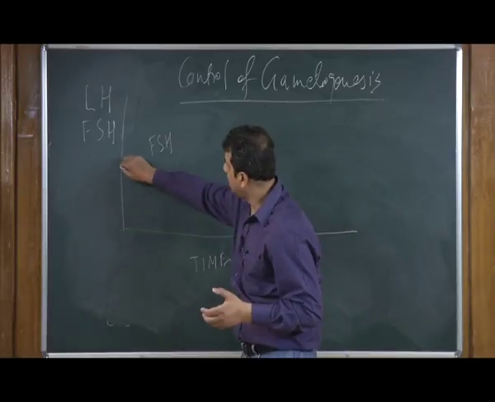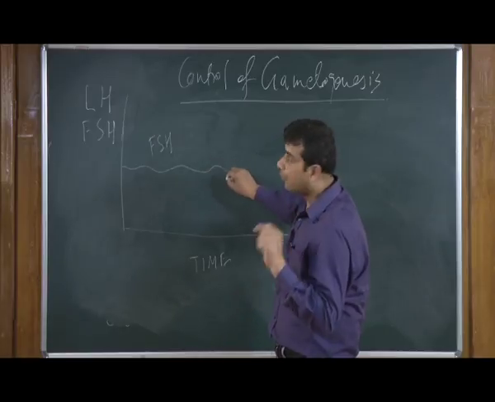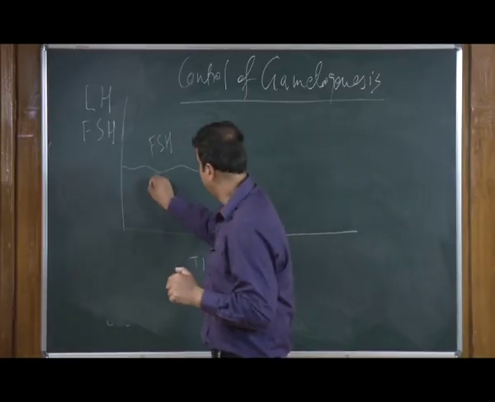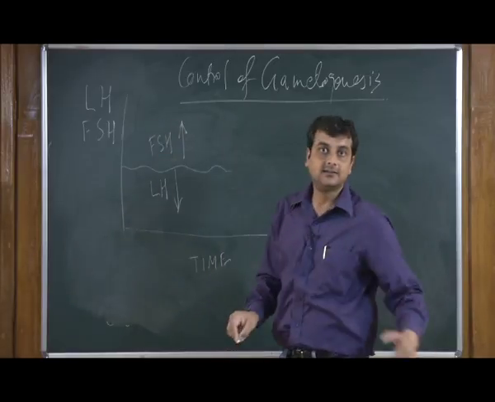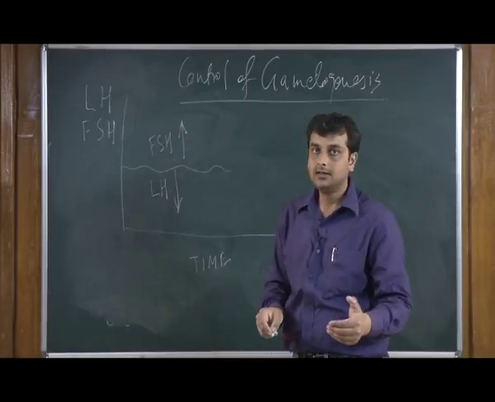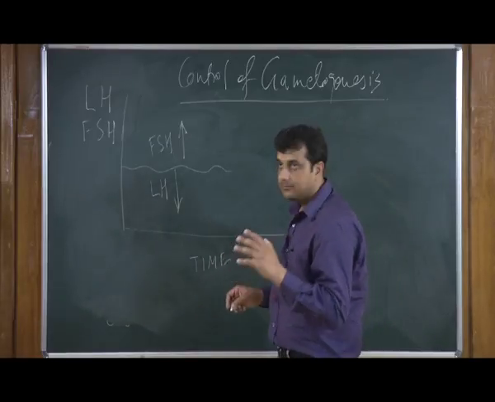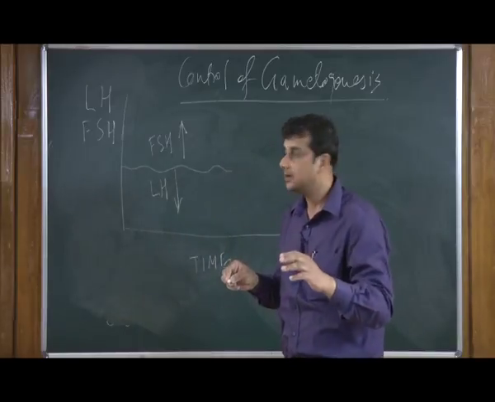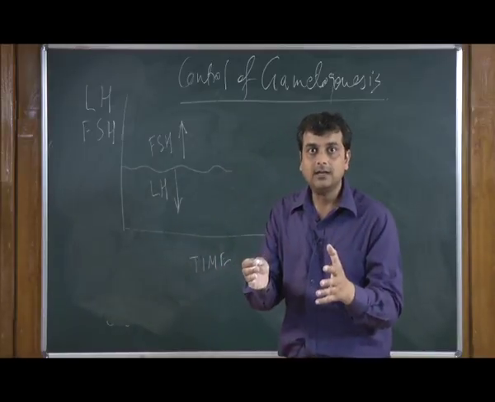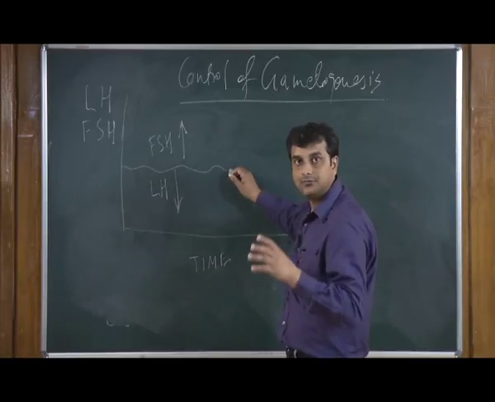So follicles are developing and then FSH level is quite high while LH level is low. So LH is low and FSH is very high at the time of follicular development. Once the follicle maturation is done, the Graafian follicle is coming into picture, and once the Graafian follicle is formed,